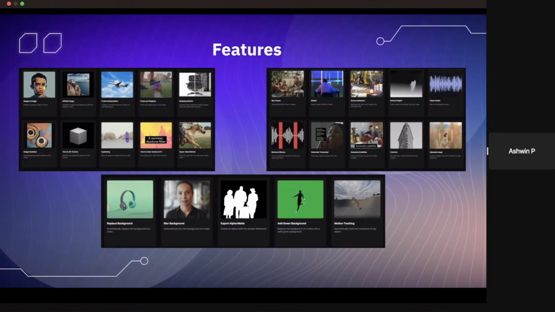This magic tool is called erase and replace. As you can see, I gave it an image of a basketball court with a basketball on it. You can essentially highlight the area which you want to replace. In this case, I highlighted the basketball, and you can input anything you want it to be replaced with. I inputted a tennis ball, and it didn't take too much time, around 10 or 15 seconds. But within that short period of time, it managed to get a pretty realistic looking image of a tennis ball